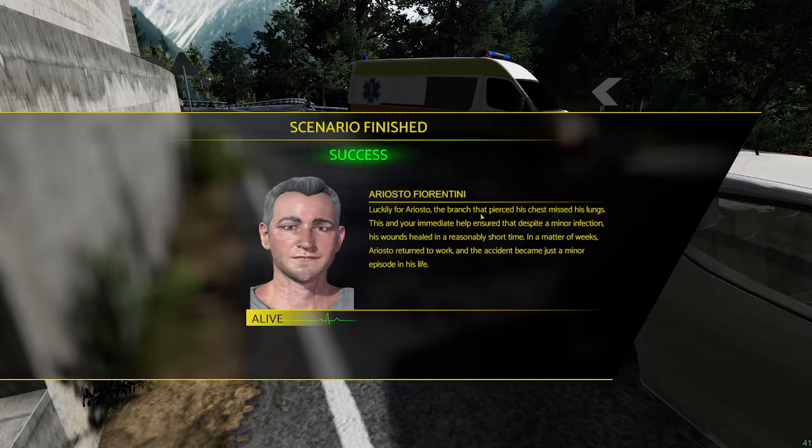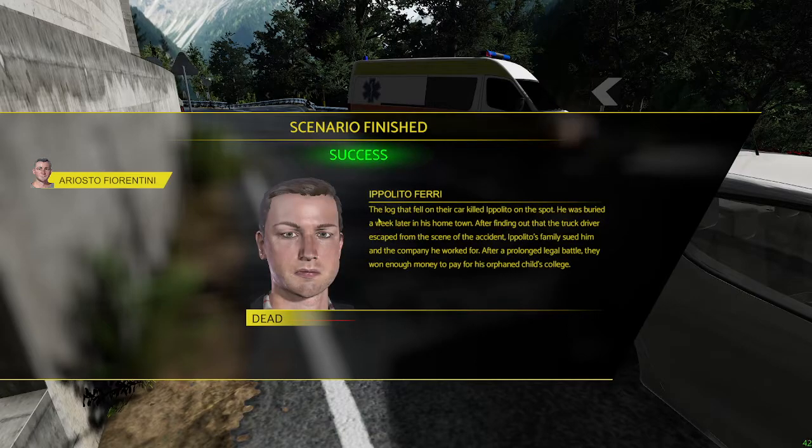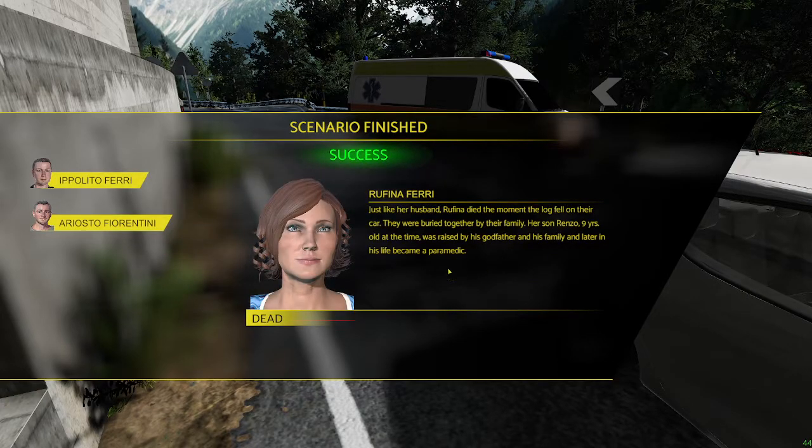Luckily for Aristo, the branch that pierced his chest missed his lung. This and your immediate help ensured that despite a minor infection, his wound healed in a reasonably short time. In a matter of weeks, Aristo returned to work, and the accident became just a minor episode in his life. The log that fell on their car killed. On the spot. He was buried a week later in his hometown after finding out that the truck driver escaped from the scene of the accident. Family sued him and the company he worked for. After a prolonged legal battle,